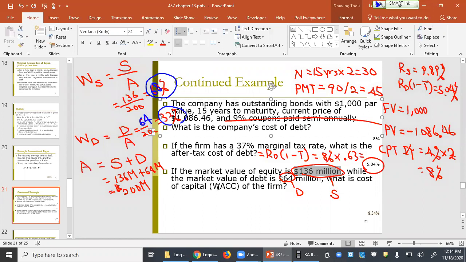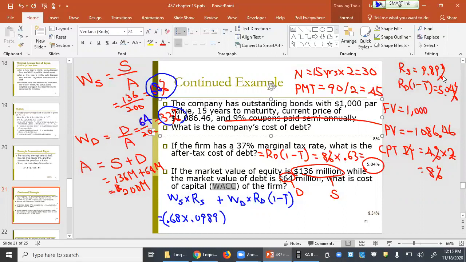Let's calculate for the WACC, which is capital structure weight for common stock multiplied by the cost of common stock plus capital structure weight of debt multiplied by the after-tax cost of debt. So that's RD times 1 minus T. Okay, so let's plug in the numbers. WS, 68%, so 0.68, multiplied by the cost of equity. And we calculated that earlier, that was 9.89%, so